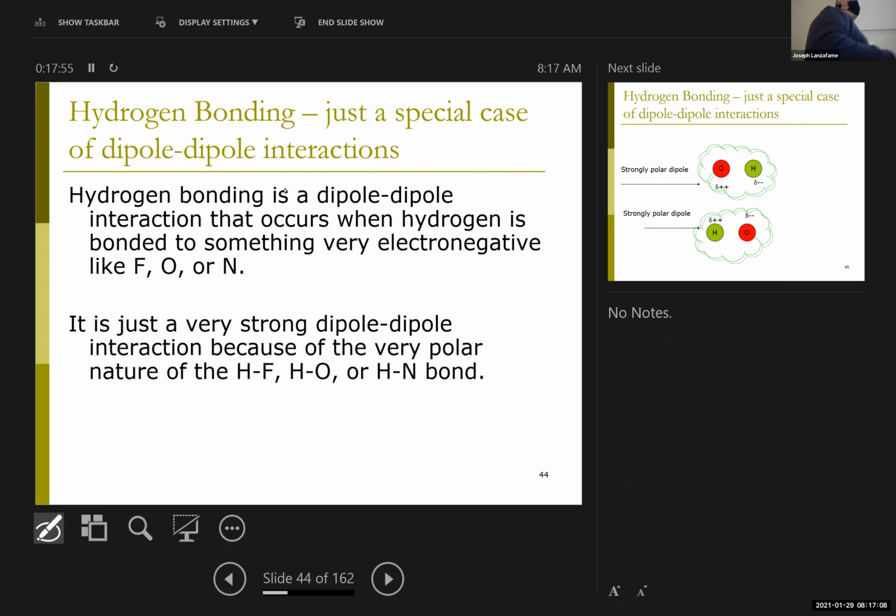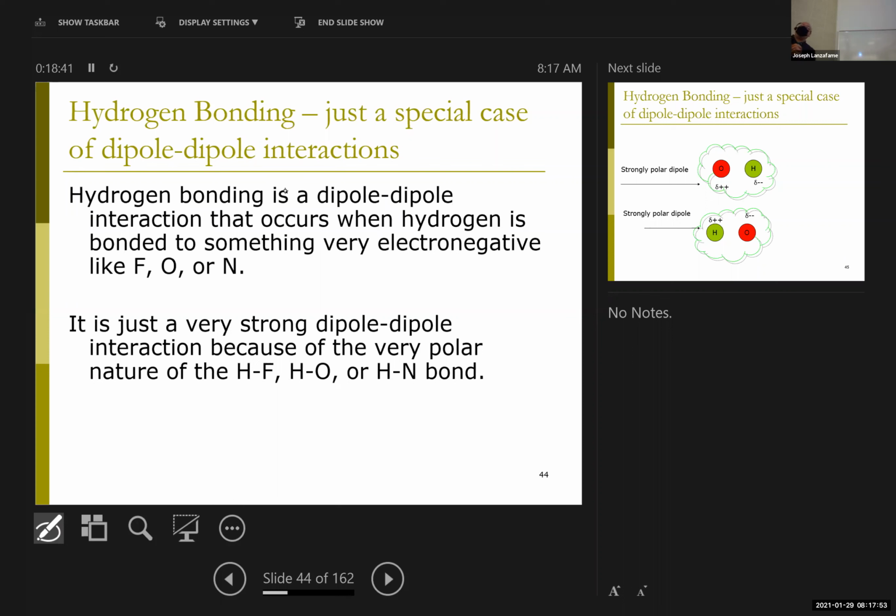This is really a very limited set of bonds. As the name implies, there has to be a hydrogen, but it has to be a hydrogen that's bonded only to either fluorine, oxygen, or nitrogen. If my hydrogen is bonded to any other element, I don't get hydrogen bonding. And the reason is twofold. There's an electronegativity difference. Fluorine, oxygen, and nitrogen are highly electronegative, although so is bromine. And so electronegativity is